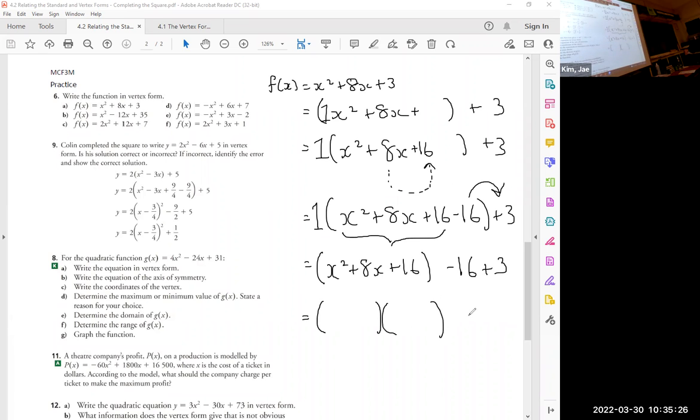All that's left is to factor. So we have x, numbers that add to 8 and multiply to 16. Again, you found that number here already. 8 divided by 2, that's a plus 4 and plus 4. The vertex form for 6a is